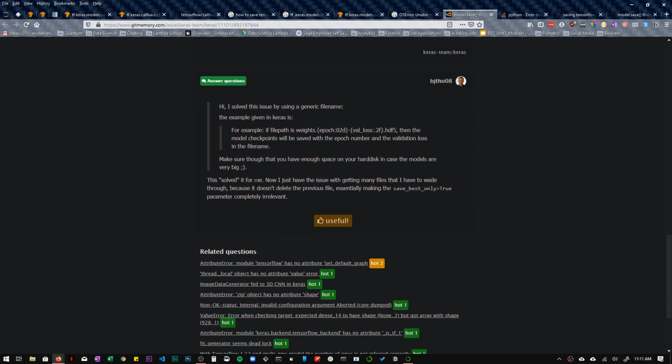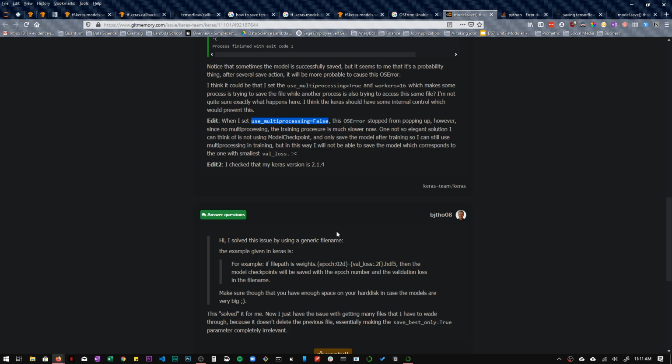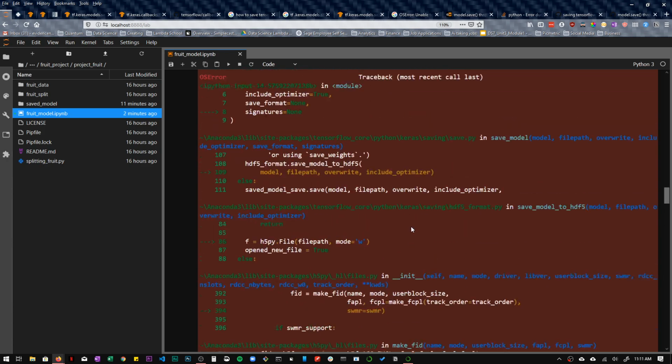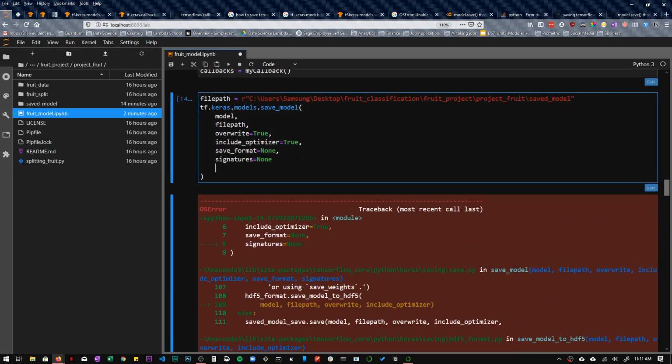Okay. So basically this person says they solved it, but they didn't post the code that they used to solve it. What's the point of telling us you solved it, but without telling us the code that you used to solve it? Let me try this. Include optimizer. Oh, I did.